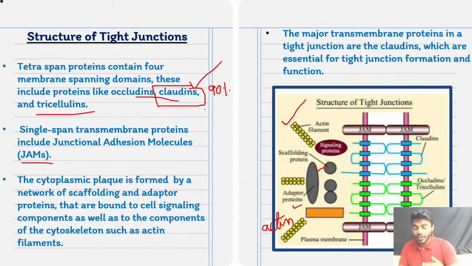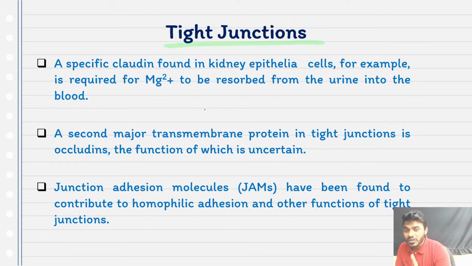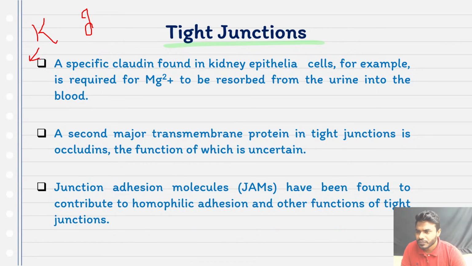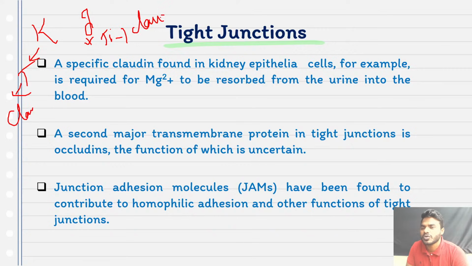Okay, now friends, you people do not get confused. An example, let's take a kidney, let's take intestine. In the kidney also tight junction is present, in the intestine also tight junction is present. So in the tight junction, which is the major protein? Just now we said claudin, so here also claudin is present. Now you should not think that both claudins are same. No, a specific type of claudin will be present in every single tissue.